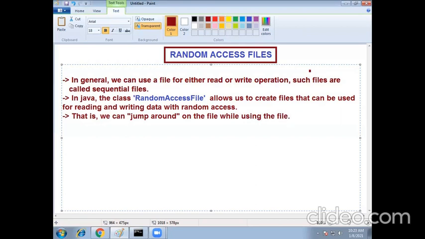Such files are known as random access files.